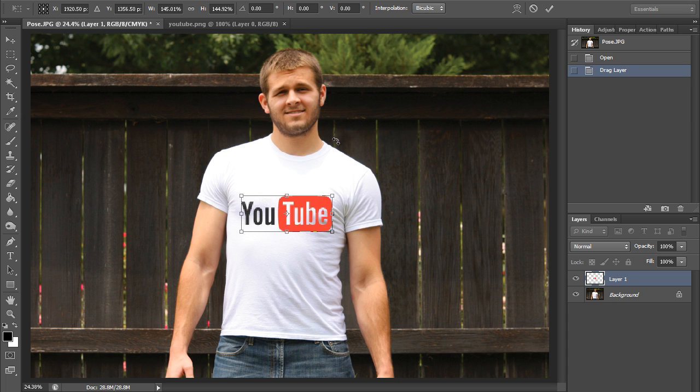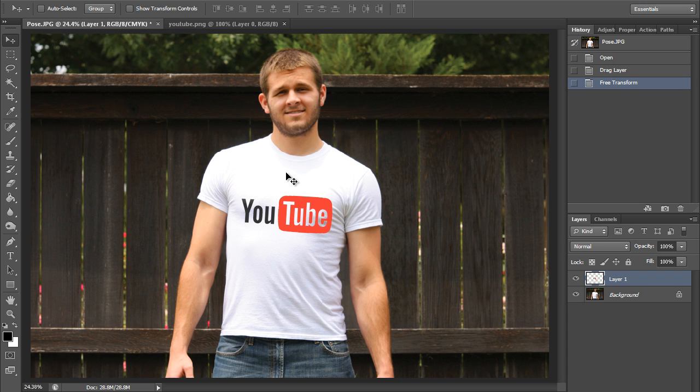And because my shoulders aren't perfectly straight, we need to curve this image so it goes in line with the torso. Just a tad there, and press enter when you're done. I'm going to move it up, and that'll be good. Okay, now we have the logo in the right place, but it doesn't look quite realistic. It looks like it's in front of the t-shirt rather than actually being on the t-shirt.